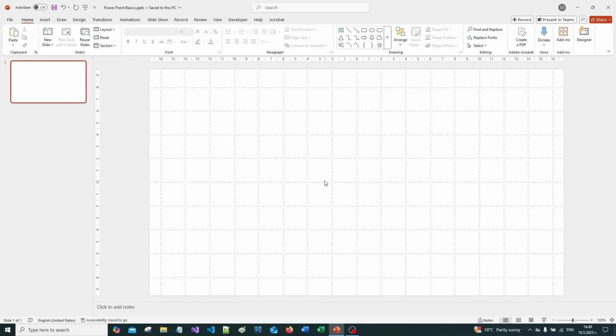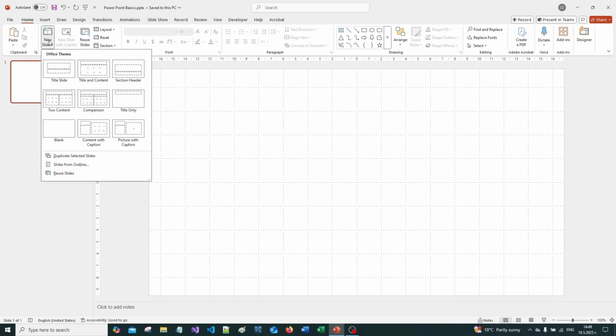Well, we have created one slide. We can create a new one or add a new slide when you just go into the home menu and section slides. You can see here there is a button called new slide. You click on it, and when you click on this button, you will see different